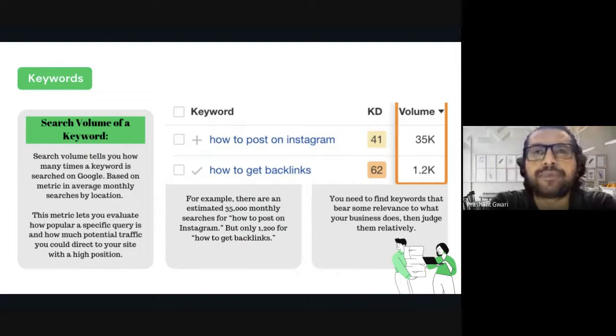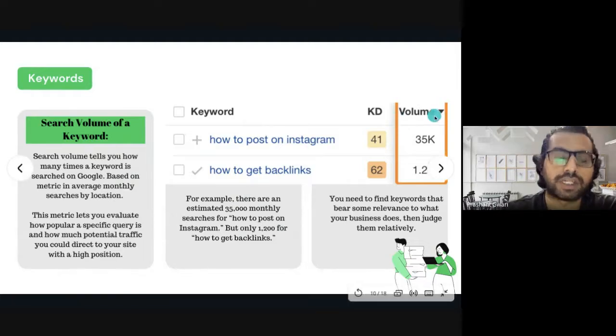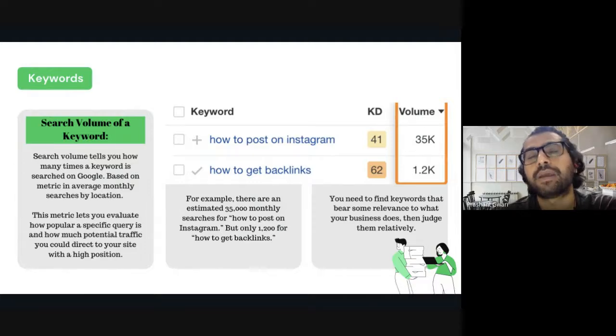So every time you use a tool like Google Keyword Planner or SEMrush or Ubersuggest or Ahrefs or Alexa and do keyword research, the first thing you will see is volume or search volume. And you will see a volume like 35,000 or 1.2. Like this is a keyword, how to post on Instagram, and this is the search volume. The metric is the total number of searches in 1 month in a particular location. Location means in India or US or Asia, Africa, or maybe in Delhi, Mumbai, or